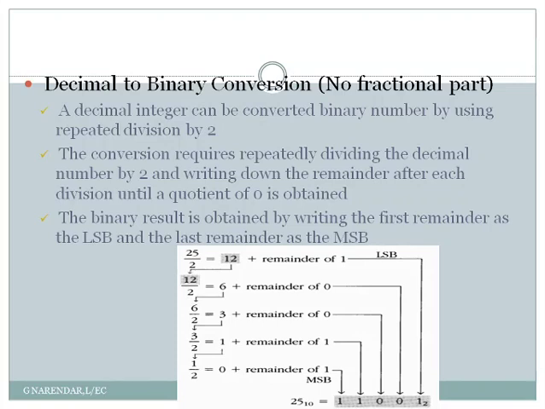One is the decimal number which doesn't have any fraction part, or how to convert a decimal number which doesn't have any fraction part to binary. And in the second part, we will see a decimal number which also has a fraction part and how it is converted to binary. So in the first phase, we'll discuss how to convert a decimal number, or I can say integer decimal, to binary.